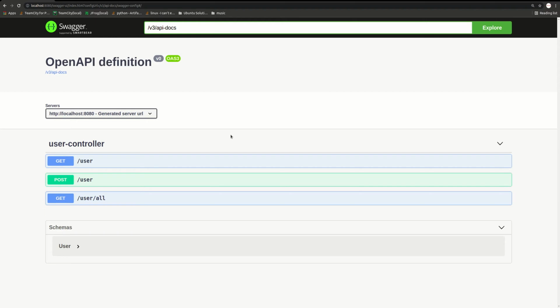So for today's video, we already have a Spring Boot project which has some REST APIs for which we will generate the documentation using the Swagger Open API implementation library. So let's get started.